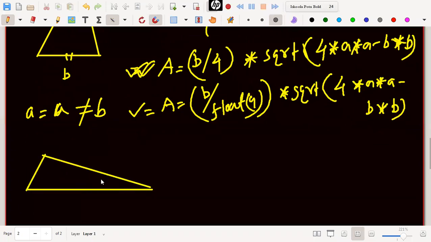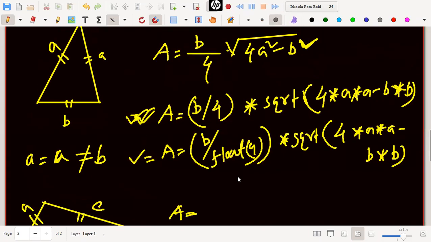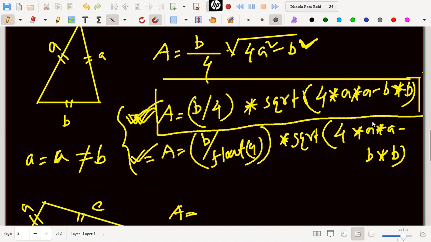Now for the obtuse triangle, no arms are equal, so this is A, this is B, this is C. The area formulas, both are correct, but sometimes if your compiler cannot compile these equations and shows garbage results in output, then I will suggest you to write these types of equations